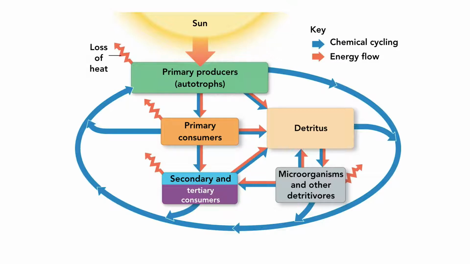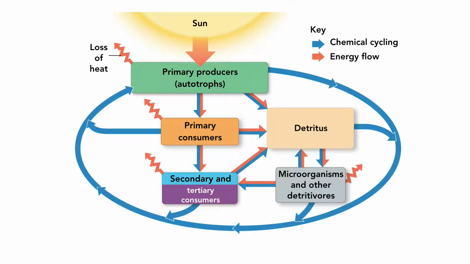Some of that energy is lost as heat in primary consumers as they're performing their essential bodily functions. When primary consumers die, they become detritus. Or if they're eaten by another animal, either a secondary or a tertiary consumer, then that energy flows into that secondary and tertiary consumer. Some of that again is lost as heat, and then